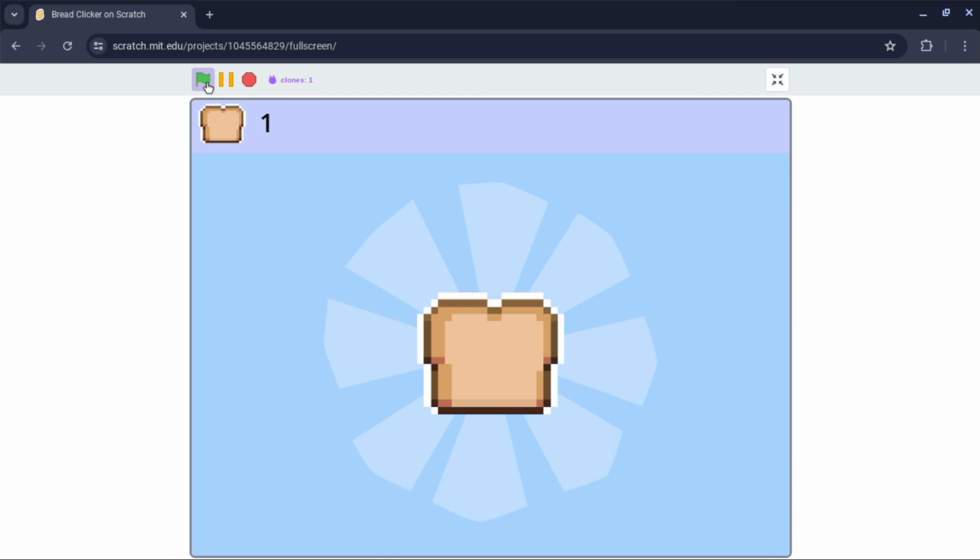But one more thing, we need to set bread to 0. So every time green flag is clicked, our bread counter gets reset. And now let's test our game. So as you can see, it's working really well. Looks like there's no bugs. Everything's working perfectly fine. There's the counter over there. Then there's the bread